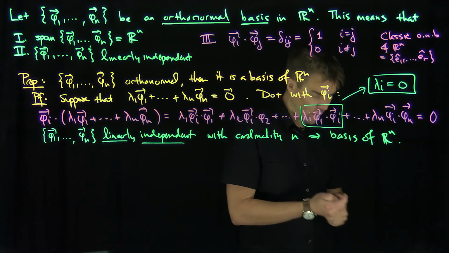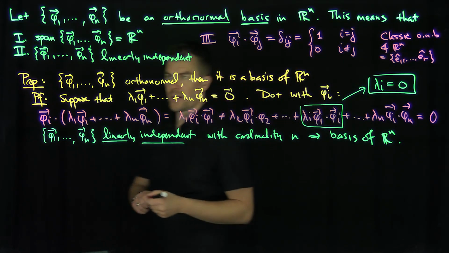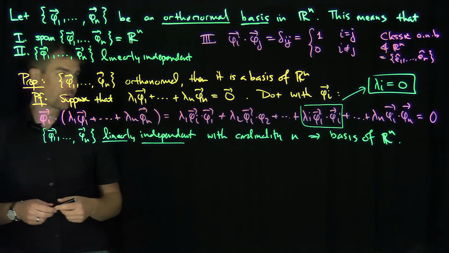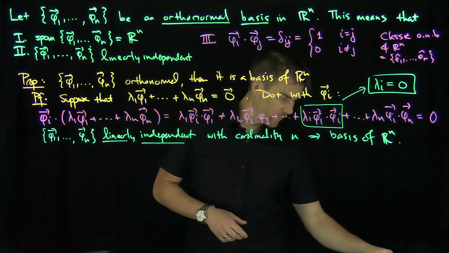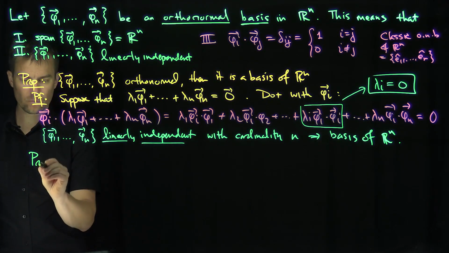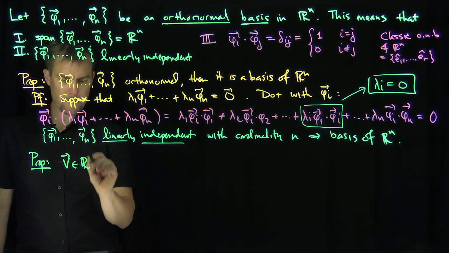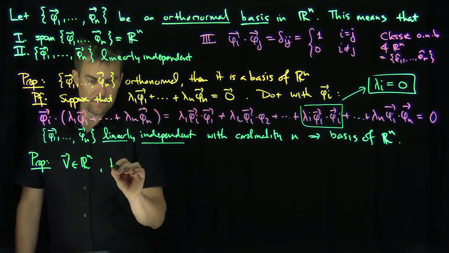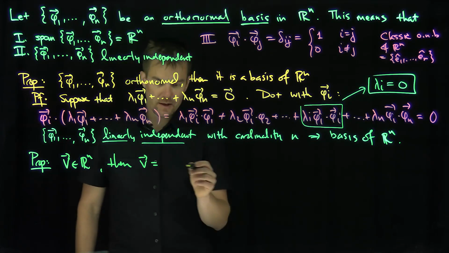The second result we want to prove: it's linearly independent, and now we actually want to extract these coefficients. The same mechanism allows me to extract the coefficients, right? So here's the next proposition. This is the Fourier proposition. Proposition: for any vector v in Rn, then v is equal to